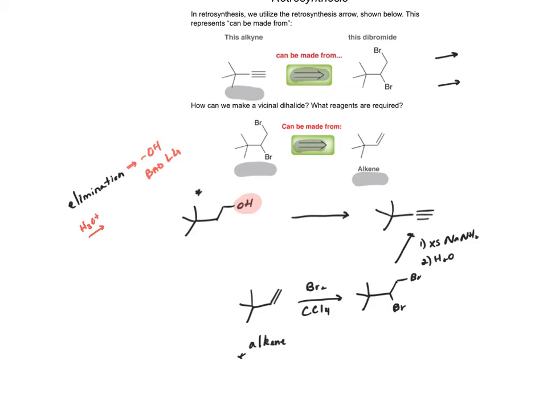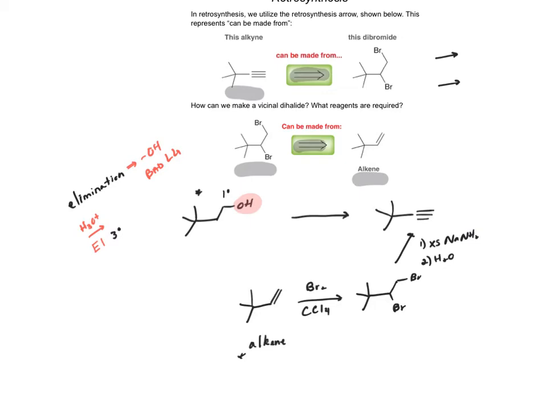But the problem with that was that acid catalyzed elimination was an E1 mechanism, and E1 mechanisms were only good for tertiary alcohols. Unfortunately, this is a primary alcohol. The alcohol is on a carbon that's only attached to one other carbon. And so because of that, we can't use this acid catalyzed elimination to actually get from our alcohol to our